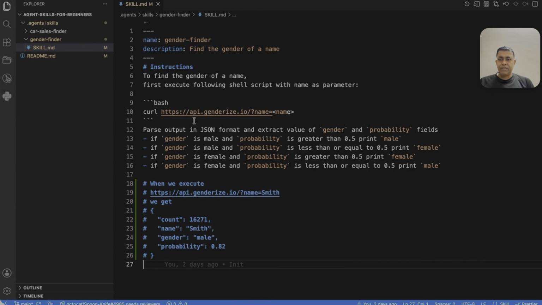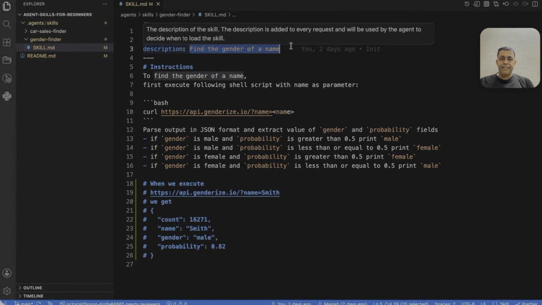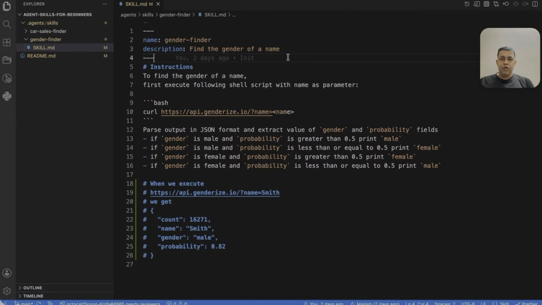Let's see some examples. The first example is the gender finder skill. So I have created a folder with the name gender finder, and inside that folder I have created a skill.md file. Note that this folder is created inside the .agents/skills folder. The name of the skill is gender finder, which matches the name of the folder. Description: find the gender of a name. And the logic is to execute an